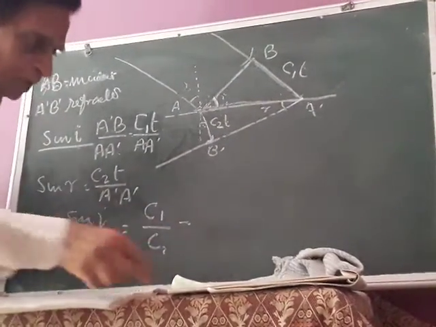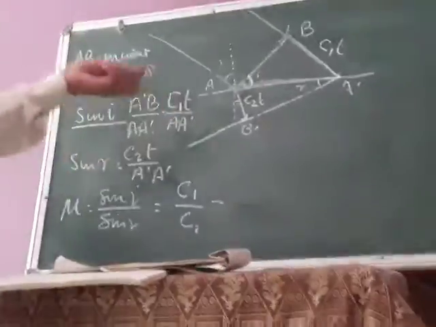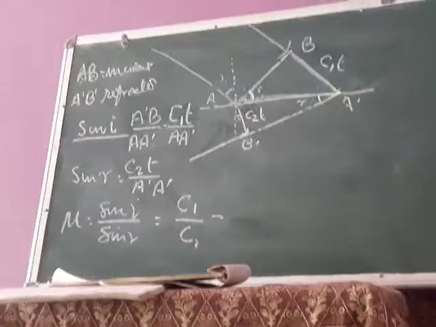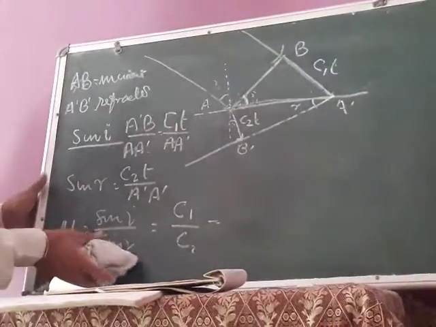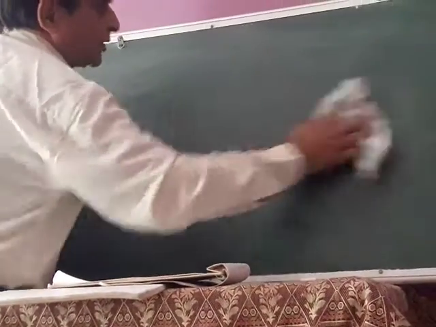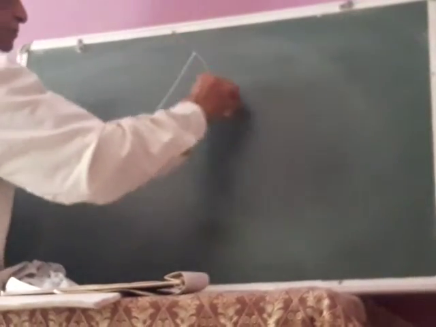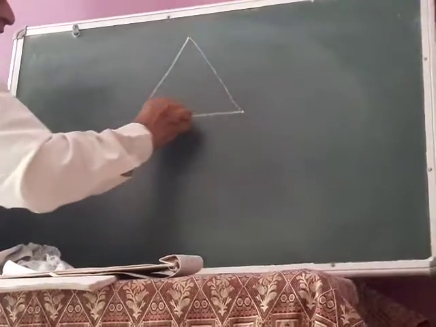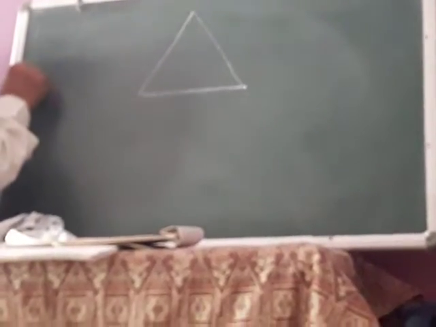Now this is very simple. We have proved the law of refraction as well as the law of reflection. Now we will see how, according to wave theory, a lens or prism will behave. Say this is the prism. We will not say light is coming. We will say a wavefront is coming. A wavefront is incident on this.